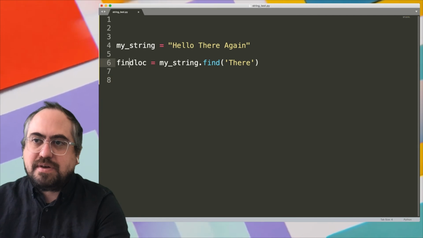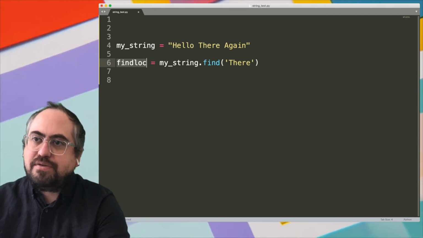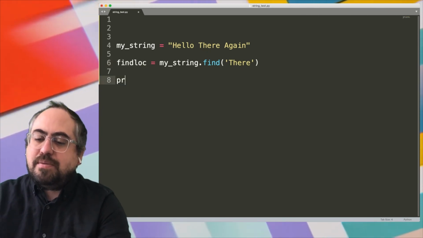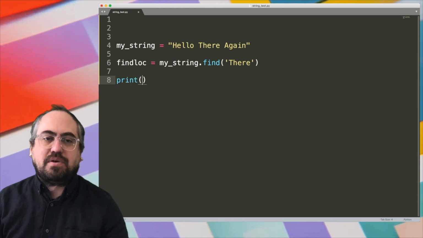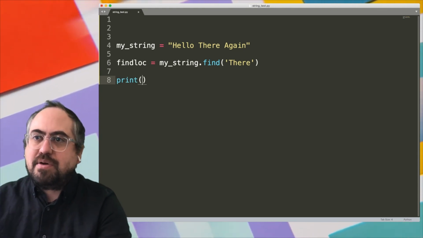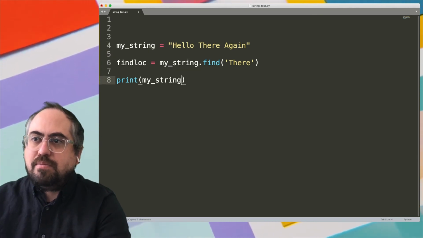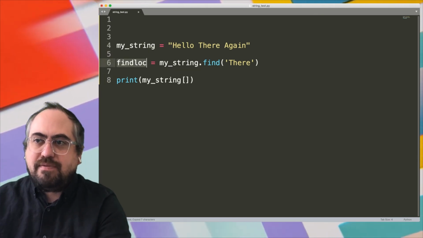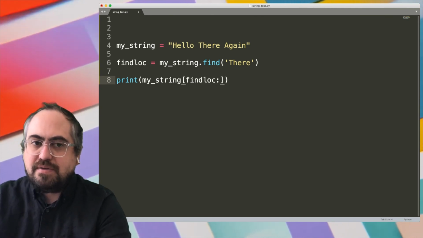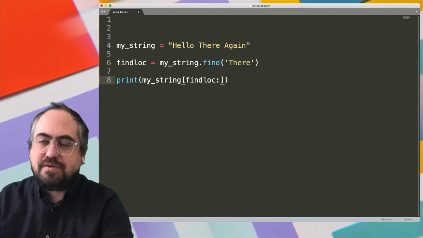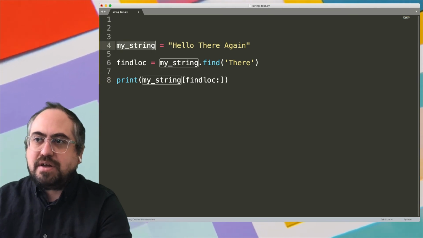So now this will equal 6 or whatever this would be changed to. And then you could do that brackets, and so you could select a range, right? So you could say, okay, I want to print the whole string, but I want to start out where it found the word we're looking for, and then continue on until the end of the string. And so the end of the string is,